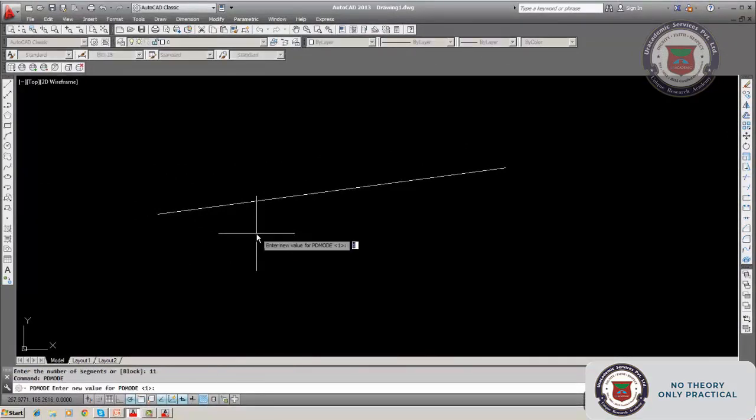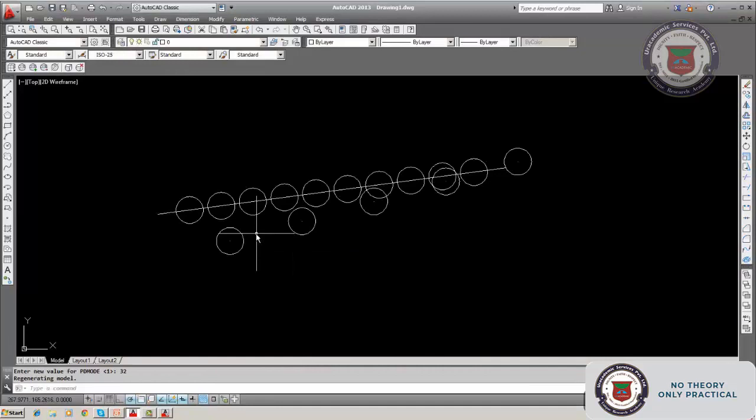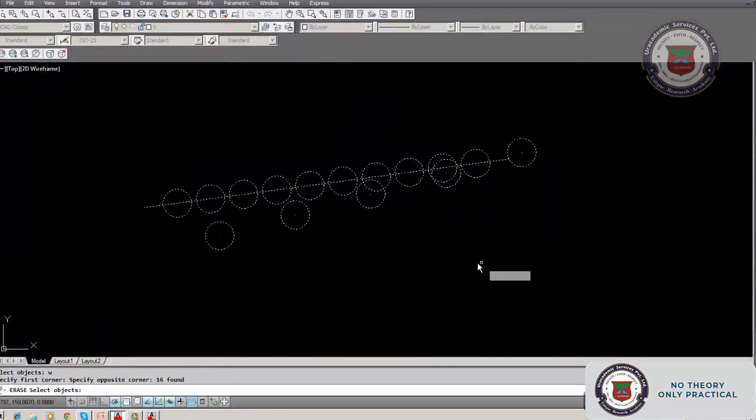I will select PD mode 32, so you can see. Because those points were there earlier, it is looking like this. Only 11 points are there. I will erase it, as it may be confusing now. I will show you once again after erasing completely.